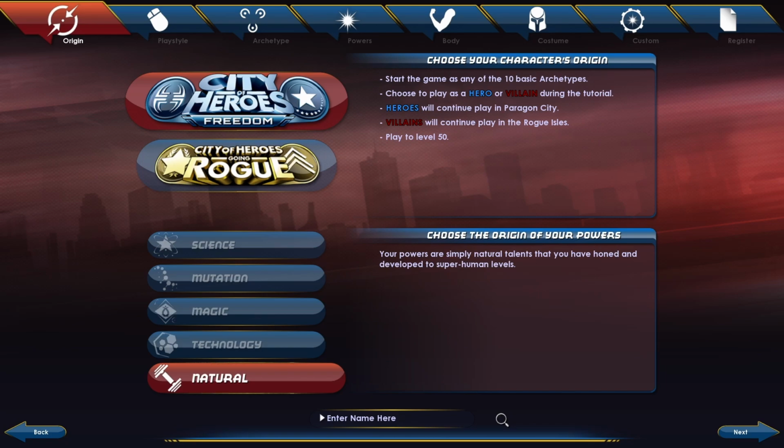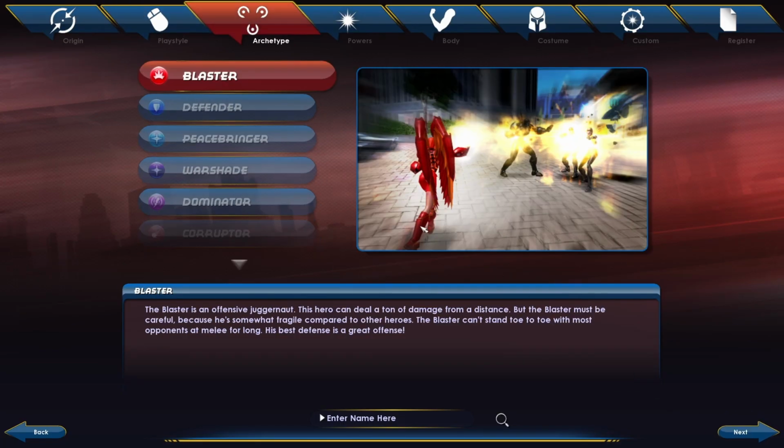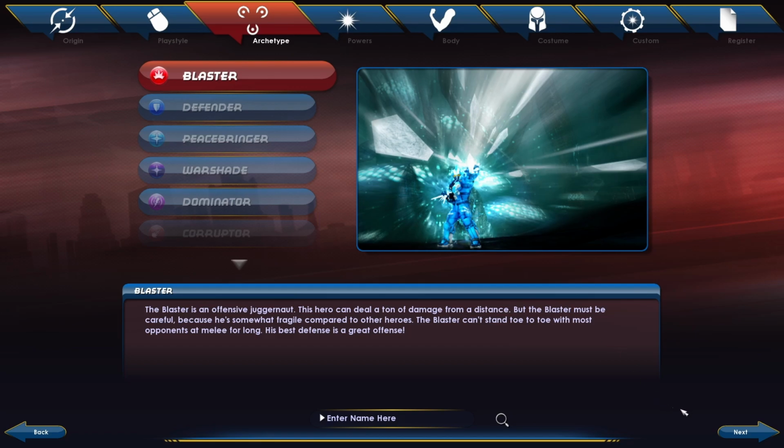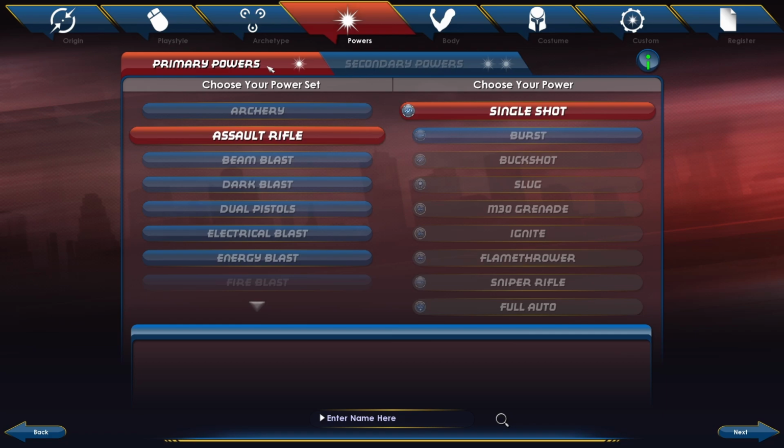So first off, when creating the character for the origin, you either want to go natural because they've had no alterations to them, nothing special to them. Maybe, a slight maybe, you want to go technology if you're doing lascrifles, stuff like that. I'm going to go ahead and go natural. And then after that, you want to make sure that you choose ranged damage, and then you want to choose blaster. The reason being is, in the Warhammer 40,000 universe, characters are very weak inside the Imperial Guard compared to